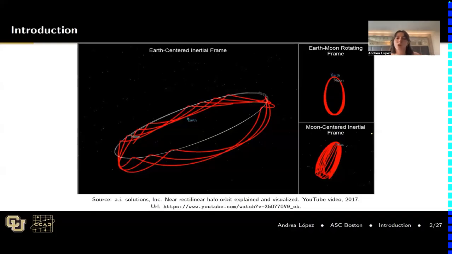But when we add nonlinearities to the problem, those higher order effects, we can pick up some trends that add to the information and make the problem a little bit more observable. So cislunar space, three-body problem, lots of nonlinearities, so it seems like a good candidate to apply this type of